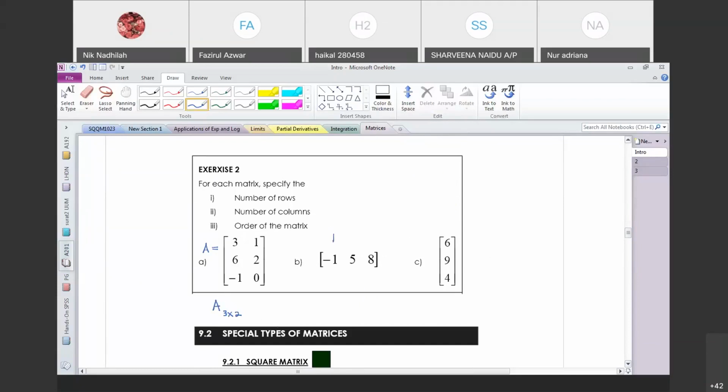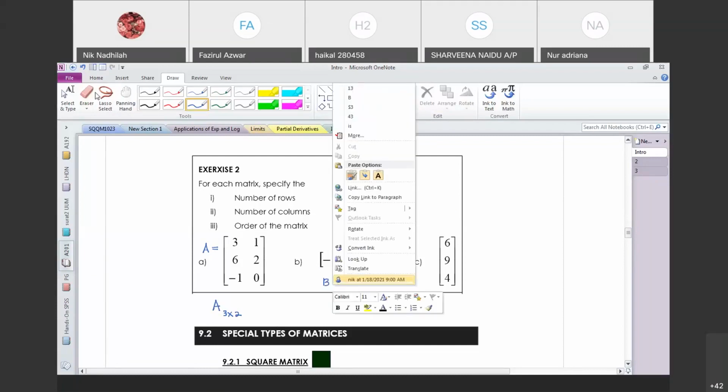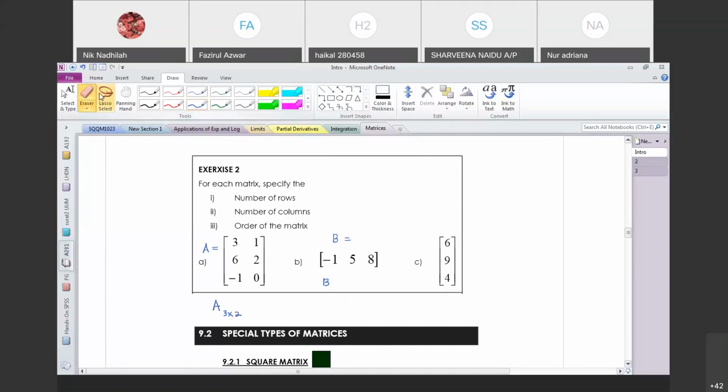And then matrix B is 1 by 3, because it has 1 row and 3 columns. The matrix C has order 3 by